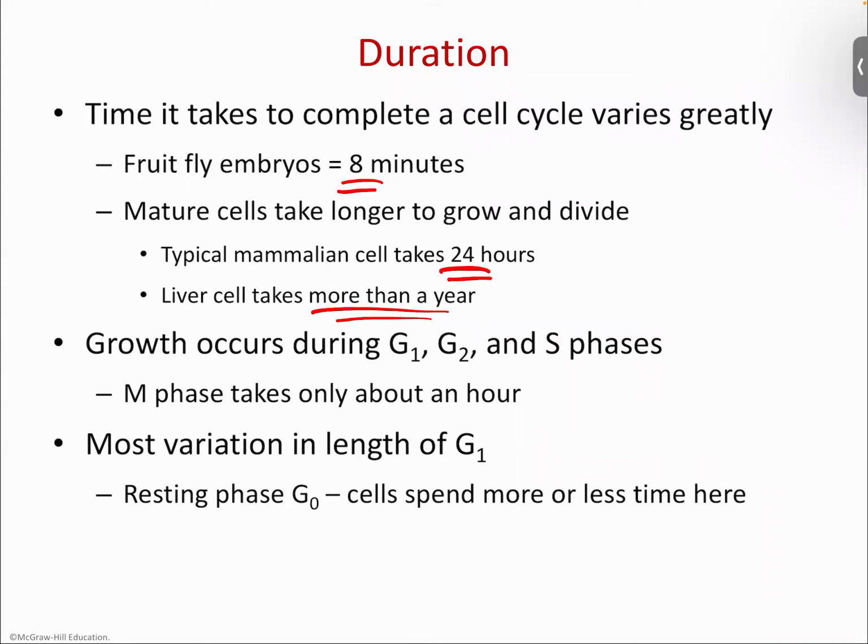So ultimately, when you look within the actual cycle itself, the question is, where's most of the time spent? Well, like we said, most of it is going to be in the growth phases, G1 and G2. So you're paused there for a reason. You're taking your time, making sure you get it all right. The fastest one is the M phase. Think about it. Here's the reason why. In the M phase, the one thing you're doing as a mammal is breaking down your nuclear envelope, aren't you? That is dangerous. So breaking down the nuclear envelope